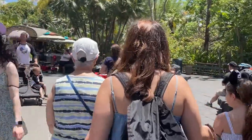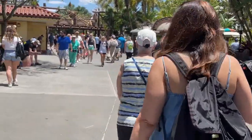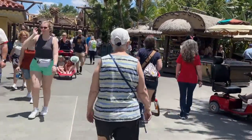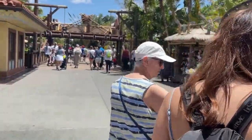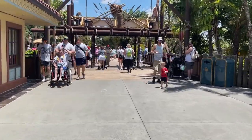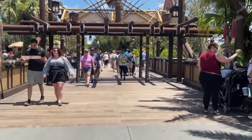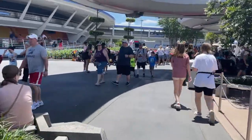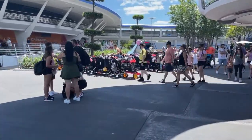But we were on pretty quickly, off pretty quickly, and we have now snagged a Buzz Lightyear Space Ranger Spin Lightning Lane for $235. Yeah. And so we're going to do maybe the Carousel of Progress before we go there, just to kind of fill some time in before we go. All right, so while we're waiting for our Buzz Lightyear Space Ranger Spin Lightning Lane time, which is about 2:35,